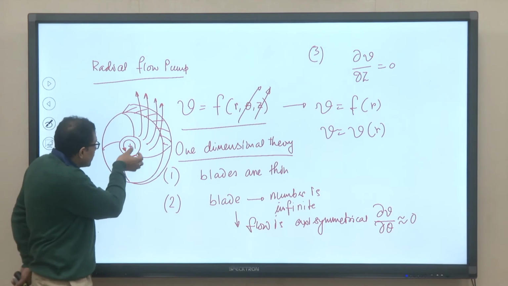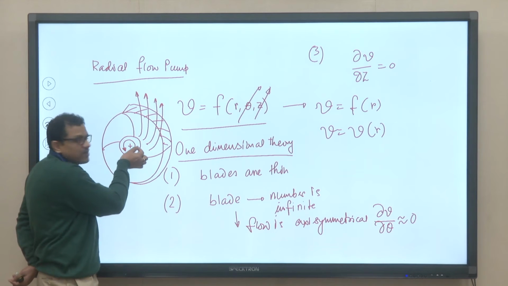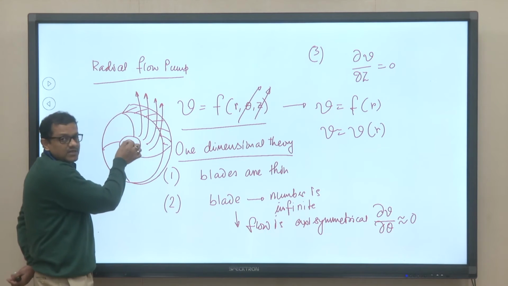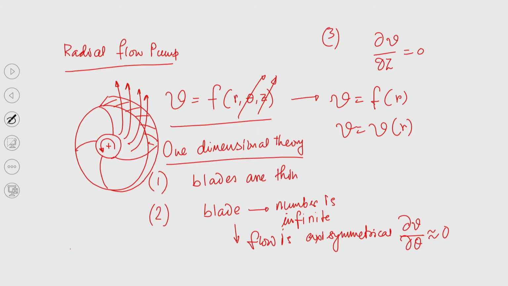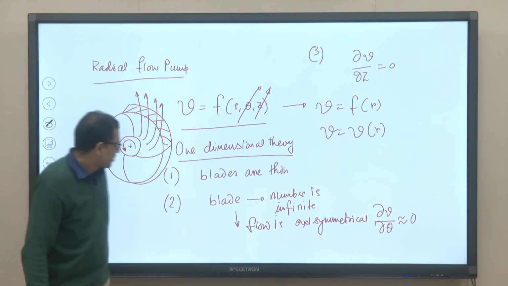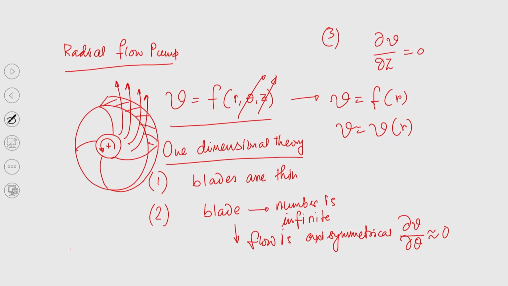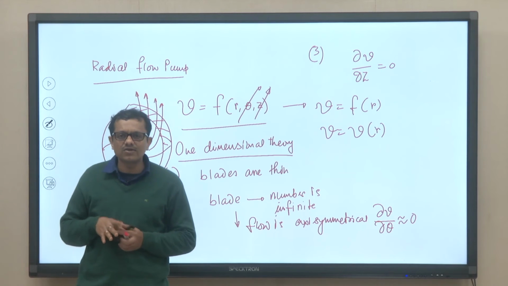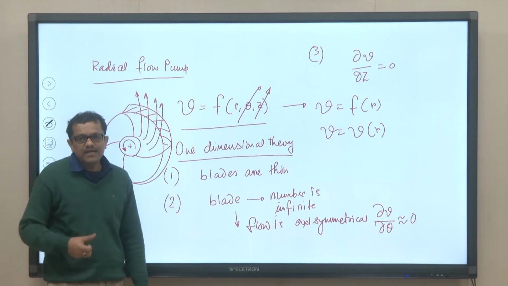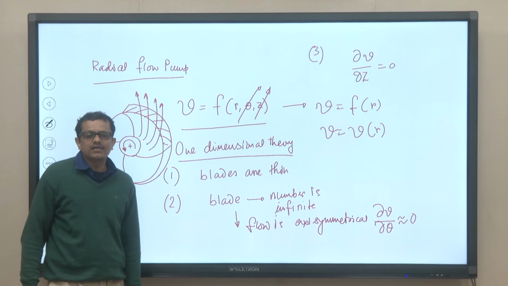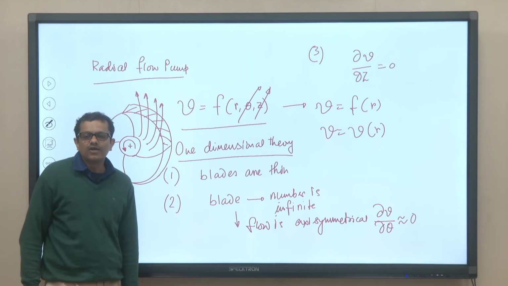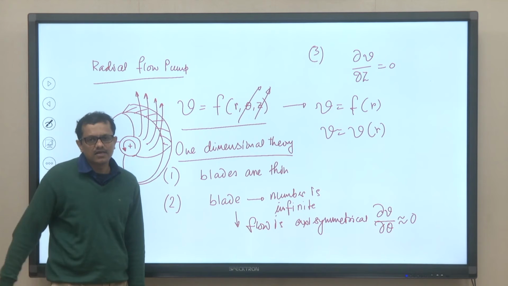So, when the fluid is coming out from the pump, there will be a variation of flow velocity in the radial direction only, and it stipulates the assumption of infinite number of blades, and hence this is axisymmetrical. Okay. So, now with this next we will go to discuss, because this will be very much important. So, what have we understood? We have understood one important aspect is that despite the fact that the flow is highly 3 dimensional, we still can consider flow is 1 dimensional, provided these assumptions are valid.